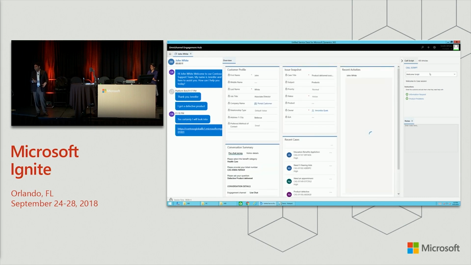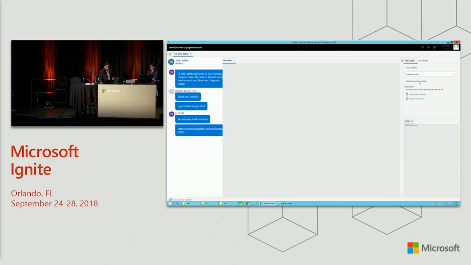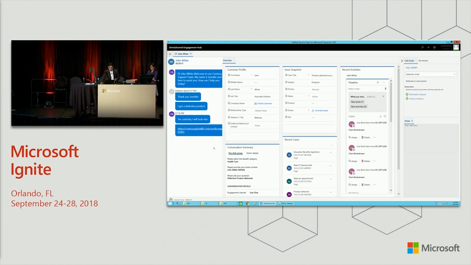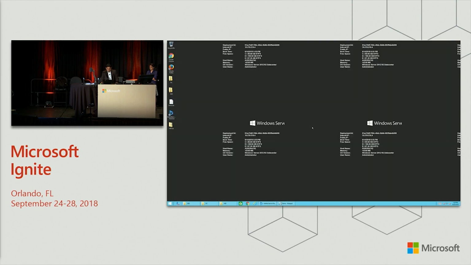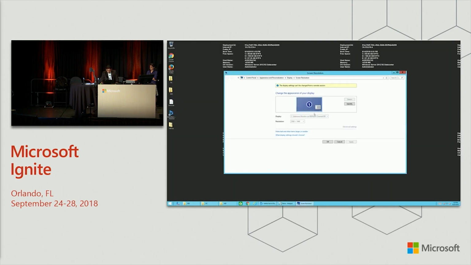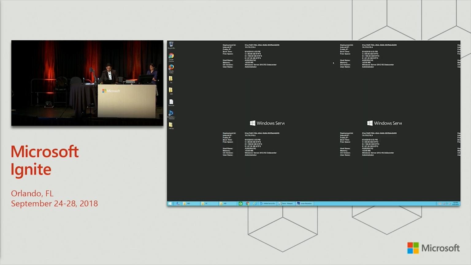and he goes ahead and accepts the chat. The cool thing about this is that Smith can actually see all the past messages that were exchanged between the customer John and agent Jennifer. And then he can choose to respond here using internal messages or using, so there is a,